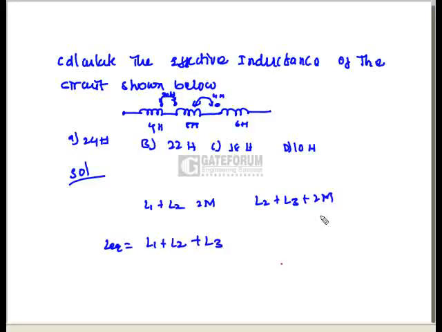That's why L equivalent equals L1 plus L2 plus L3. And now you observe what the mutual inductance is. There is a mutual inductance between 1 and 2, but with opposing nature, so that's why minus 2 times the mutual inductance, let us take M1, and next plus 2 M2. If you substitute here, L1 is 4, L2 is 8, L3 is 6, and M1 is 2, so 2 times the 2, plus 2 times M2, which is here 4. So if you solve this, you will get